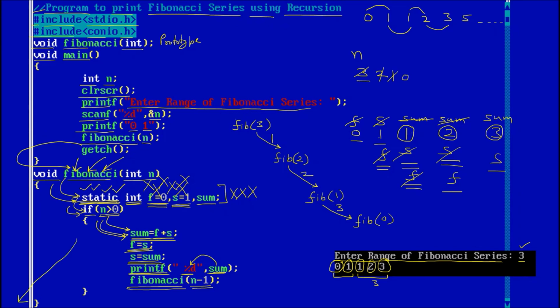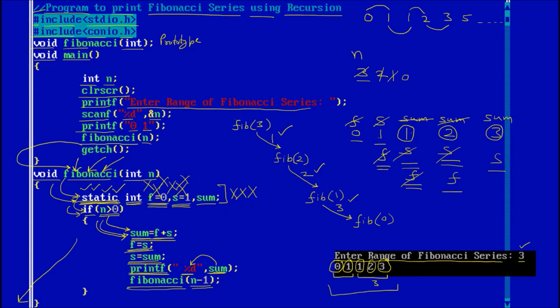There is no return statement in this function, so it will directly come out and nothing will happen. And we already have the output 1, 2 and 3 on the screen. So the function will directly come out. And that is the program of using recursion for making the Fibonacci series. So this way we have the Fibonacci series, that is 0, 1, 1, 2 and 3.